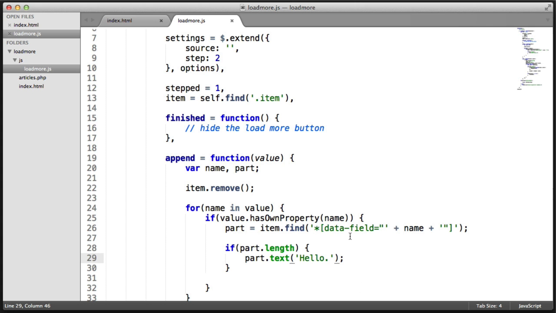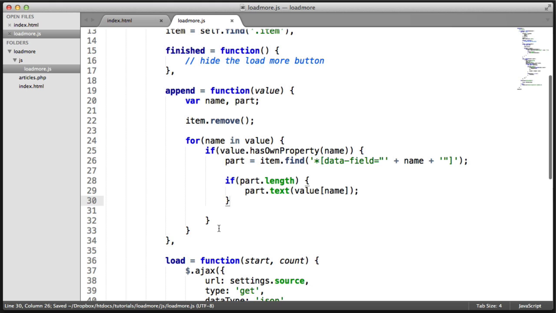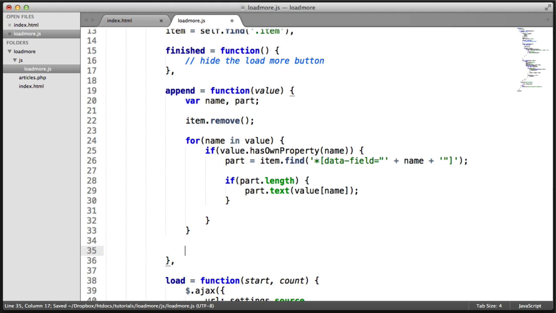What we've not done is gone ahead and cloned it yet. So everything works here, but what do we want to do? Well, for part.text, we need to get the value, which is, remember, the value that we pass in, and then we want to find the value at the property name that we're currently at. Again, we could do a console log on this, but let's just clone the items so we can see this working. What we want to do is, down here, outside of all of this, say item